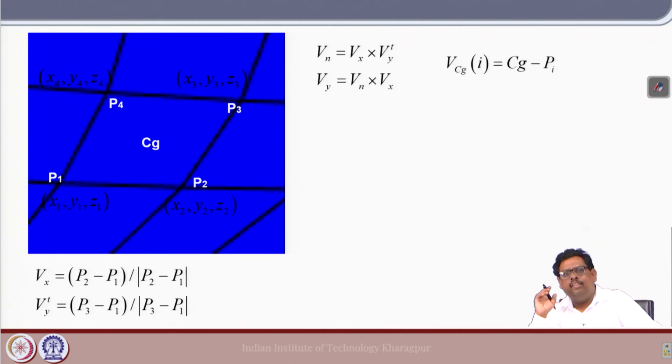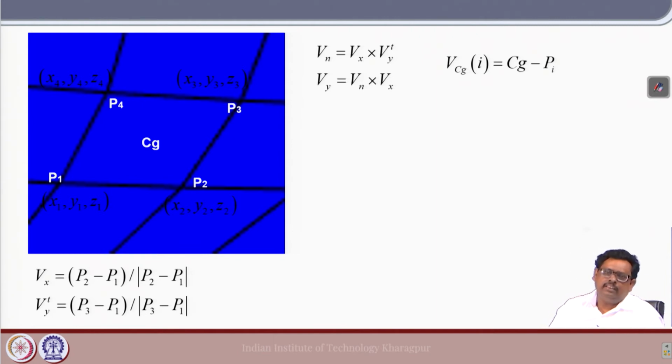Now, I define the 4 vectors which give the distance from the points. I can define VGi, which is the distance from CG, a 3 dimensional point. So, CG minus P1 gives VG1, CG minus P2 gives VG2, CG minus P3 gives VG3 and CG minus P4 gives VG4, right. So, this I do, and then